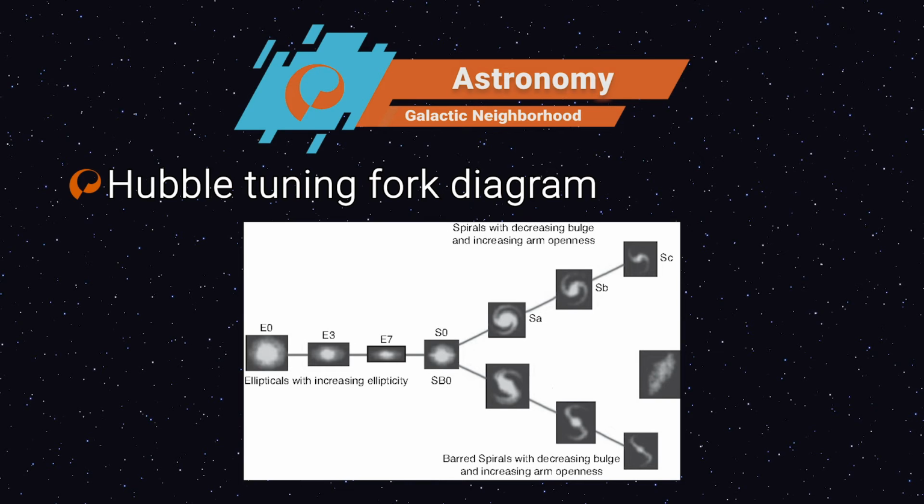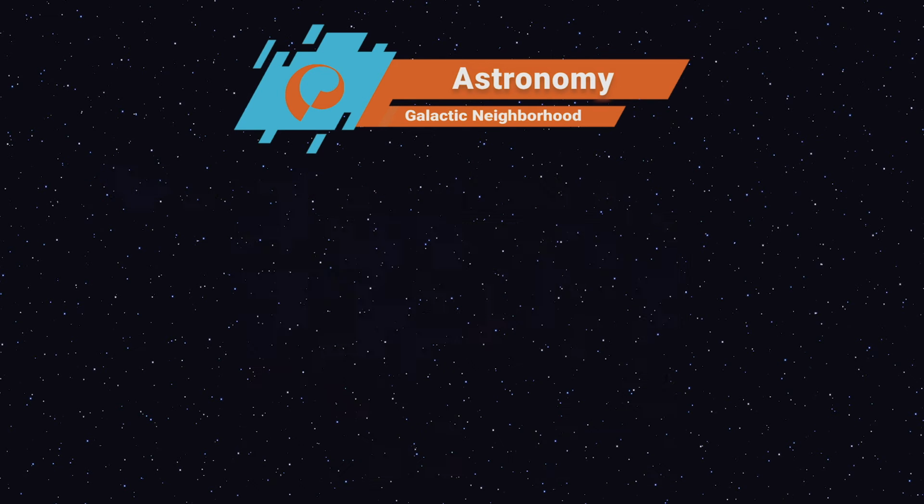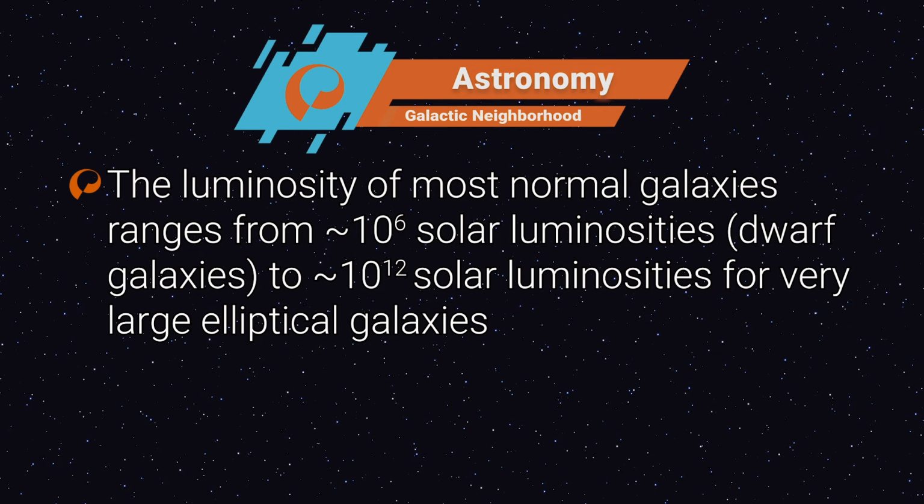Spirals are classified with the letter S, while barred spirals use SB. They range from SA, SBA, for tightly wound spirals, to SD, SBD, for very loose spirals. Irregular galaxies do not fit in the Hubble tuning fork diagram because they lack a definable structure or are asymmetric. They are classified IRR. The luminosity of most normal galaxies ranges from approximately 10 to the 6th power solar luminosities,